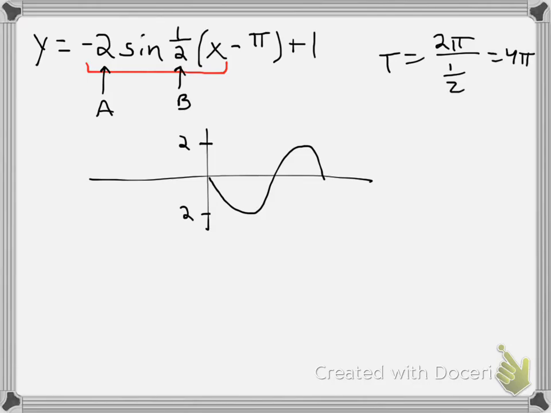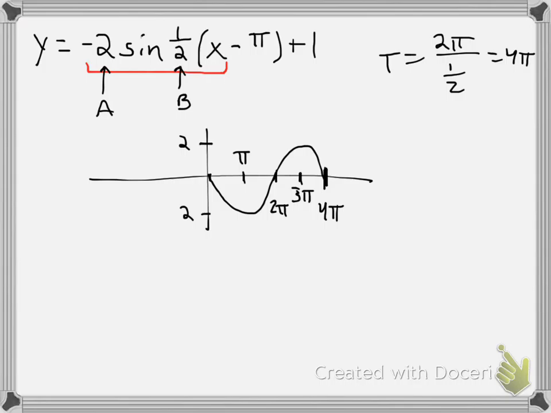If you're having a hard time dealing with fractions, you can do 2 divided by 1/2 in your calculator. That gives you 4. And multiply by pi. So that means this value here has to be 4 pi. And because I have regular intervals, I always divide that period by 4, because that'll give me all 4 of these notches. So 4 pi divided by 4 has to be pi, 2 pi, 3 pi, 4 pi. So I have a regularly